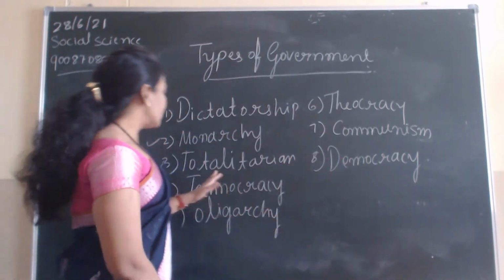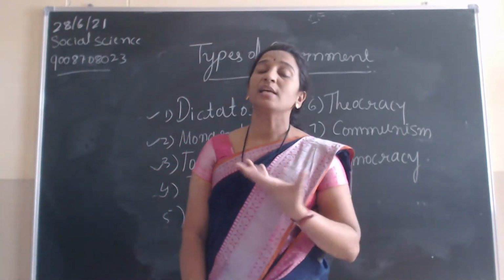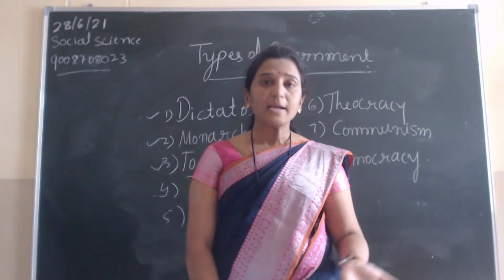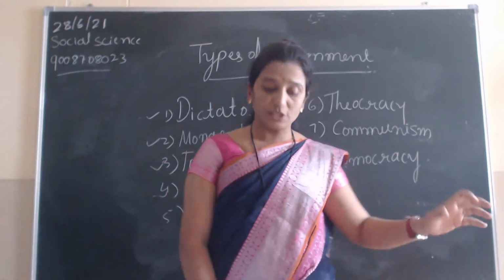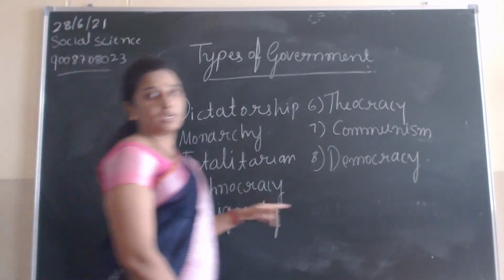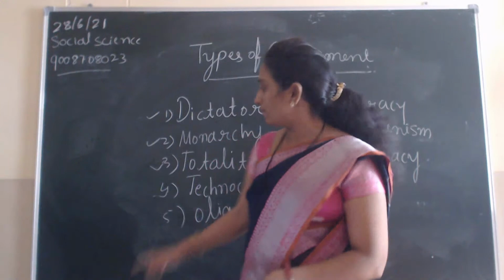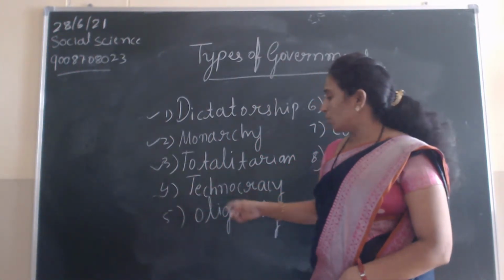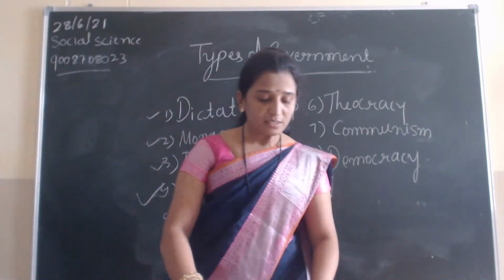In technocracy, the scientists, technical resource persons, and experts are in charge of the nation in the form of technology. Technically, they have taken charge of the nation. Next,